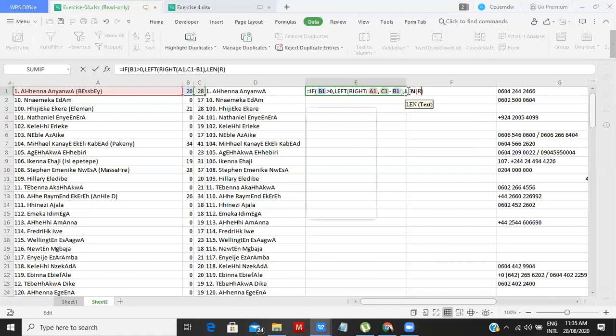So right from right again. After all this, I will explain everything. Just hold on. From right, then the text is always A1, then comma, then D1. Sorry, not D1, C1 minus B1. Then close brackets, then minus 1, close the brackets. Then value if false will be